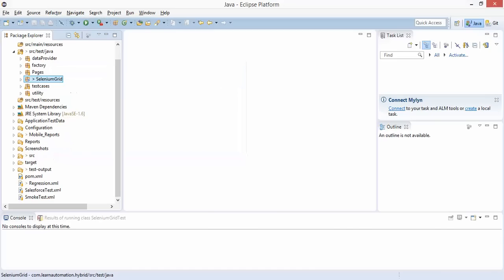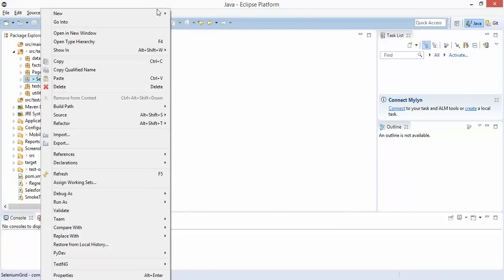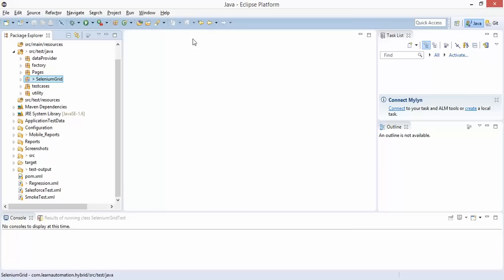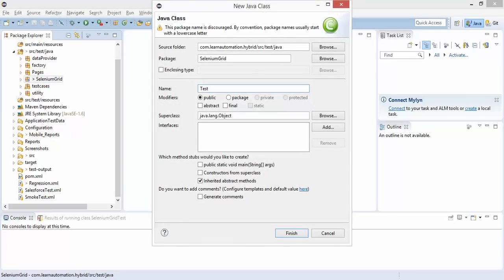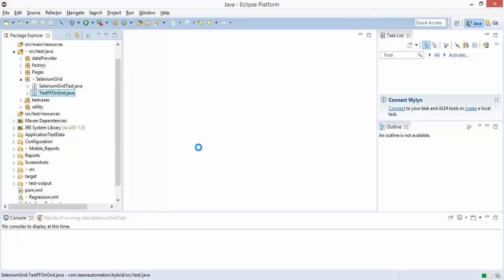Now my next task is I need to run my test case on a particular node. So I will create one small class. I will call it test Firefox on grid. I will take public static void main. You can use TestNG as well if you are okay with that. So let's create a class,